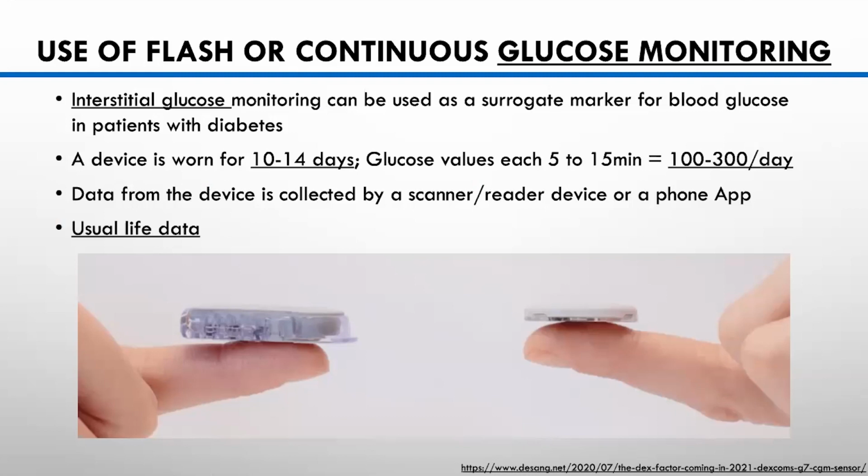And why is it an advantage? Because you can measure those blood glucose not only for a long time, you can see here 10 to 14 days in most devices, but the machine is going to sample the interstitial glucose each 5 to 15 minutes. So at the end of the day, you're going to have between approximately 100 and approximately 300 values per day. The data is either you need to scan the little coin size you have on your body, or it goes directly to a phone app,